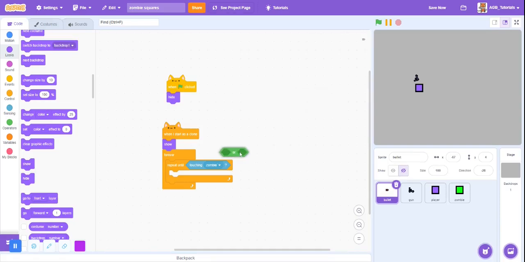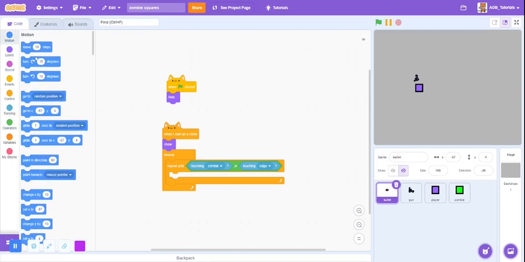or just duplicate this, touching the edge, until it touches the zombie, or go to motion, get a move 10 steps since you want it to go fast, and also point in direction,